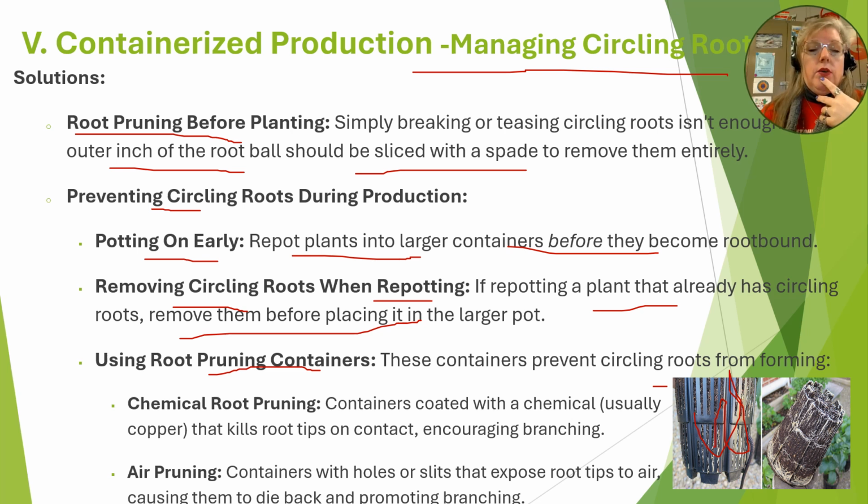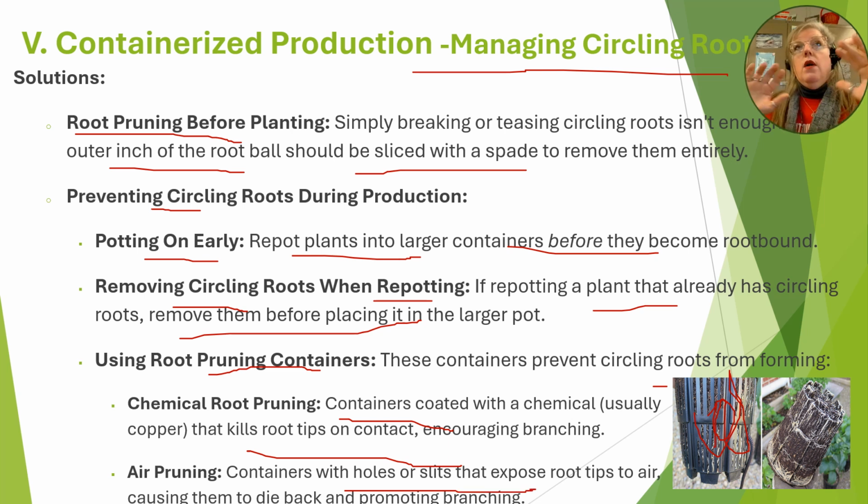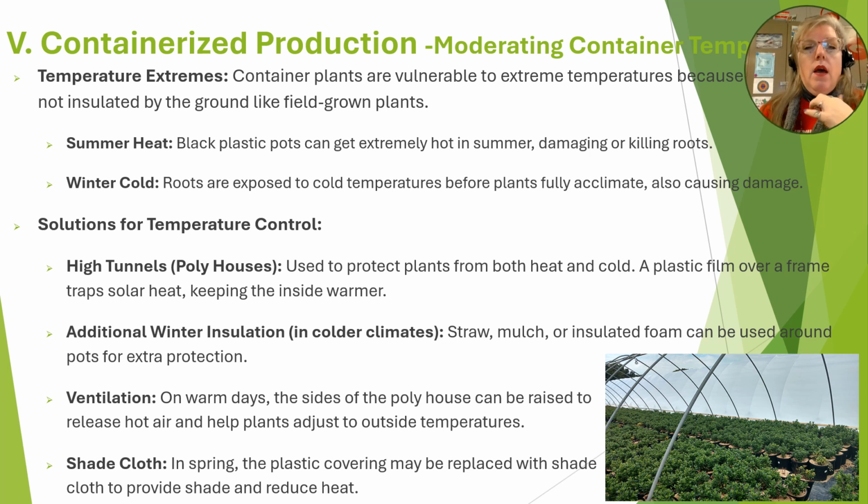So you can either do chemical root pruning. They're coated with a chemical, usually copper, that's going to kill the root tips on these plants like this, or air pruning with holes or slits to expose the root tips to air, causing them to die back and promote branching. So when they hit the air here, they die back, and therefore instead of growing in a circle, they're going to branch out. This is the air pruning containers. All right, so